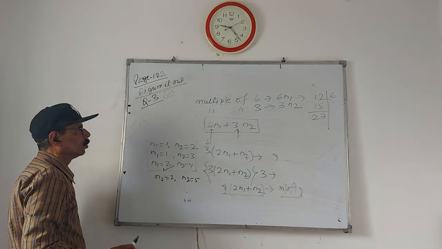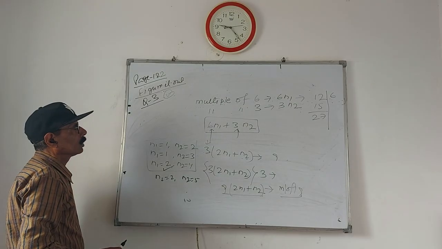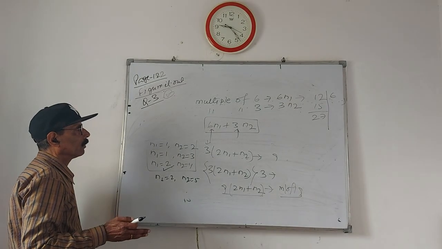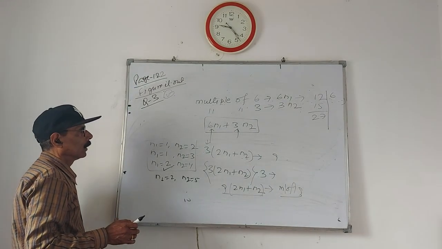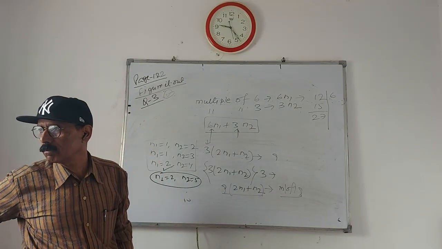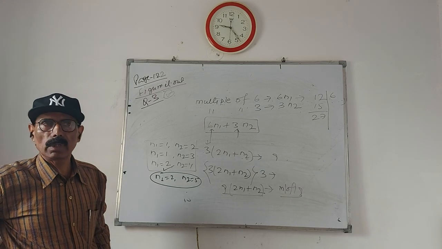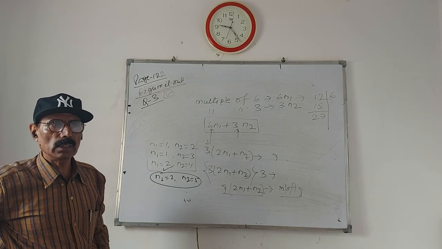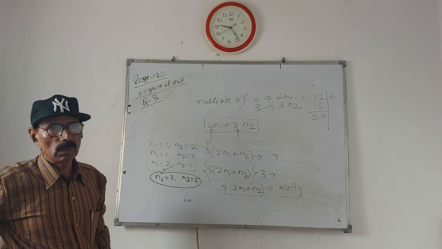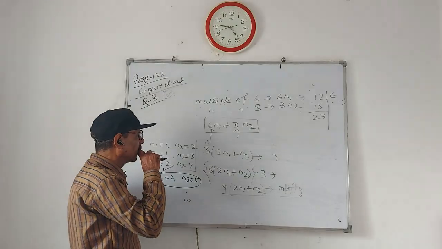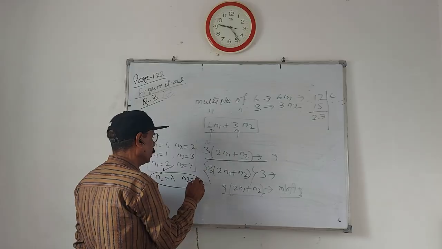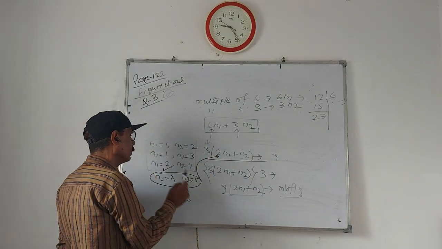This value is 2. So 2 6 ja 12. The number is divisible by 6. If the value is 5, the number is divisible by 3. Okay. See, in this case, the number is divisible by 9. Understood? That means a situation may come where both cases may come. With the equation, it is seen that the number is not divisible by 9 if the values of n1 and n2 are given like this.